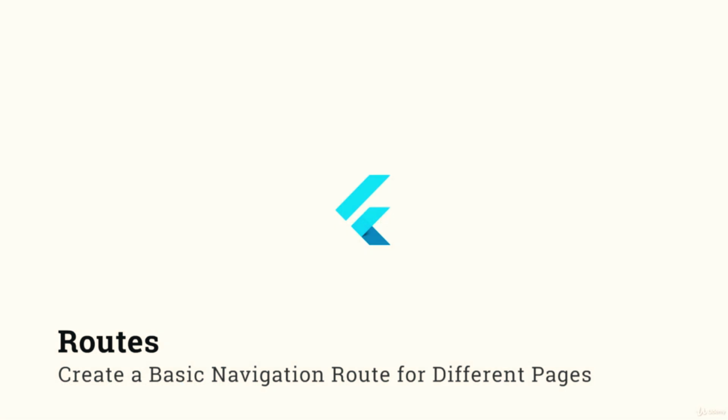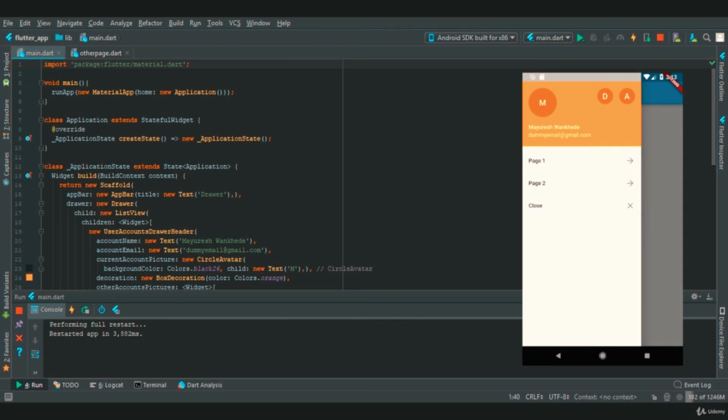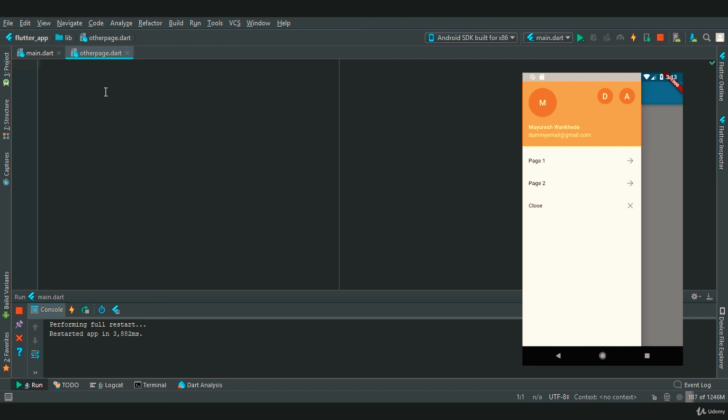In this video we are going to perform some navigation operations on page 1 and page 2. For that we need to create another Dart file. So I have created an other_page.dart file. In this we need to import the material.dart package, and then we need to create a stateless widget.